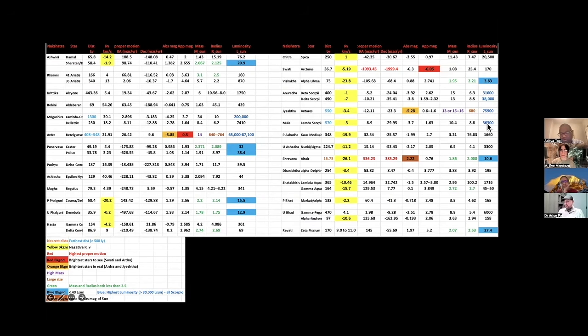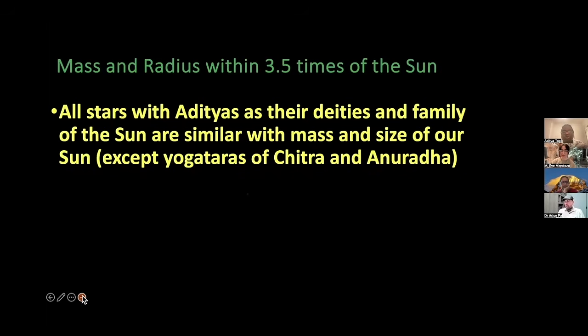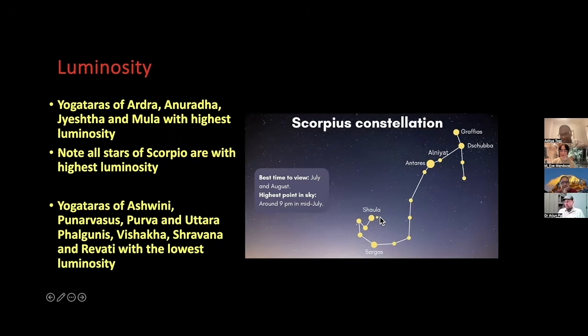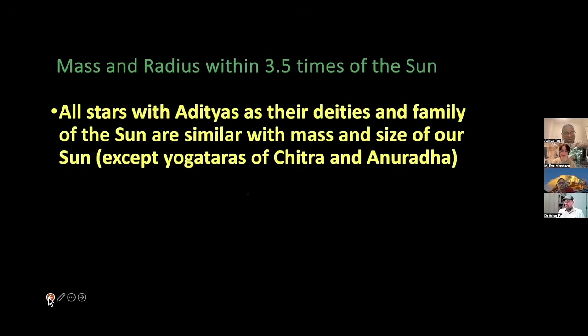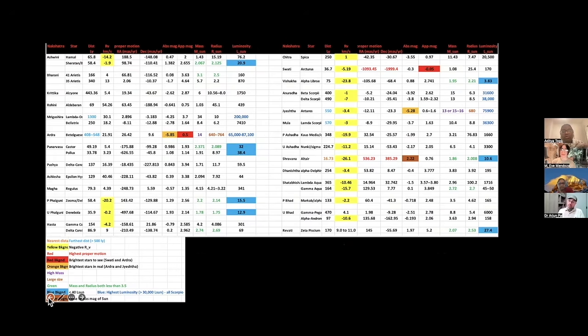What is Scorpio? Transformation, turbulence. And it's interesting to see Anuradha stars, Jyeshtha star, and even Mula. Mula comes under Sagittarius, but you know, Mula is also, maybe a picture which I must have put here. You see, this is the Mula stars. It is well within the Scorpio constellation. So all the stars of Scorpio have very high luminosity. That's what I have marked here, written in blue.